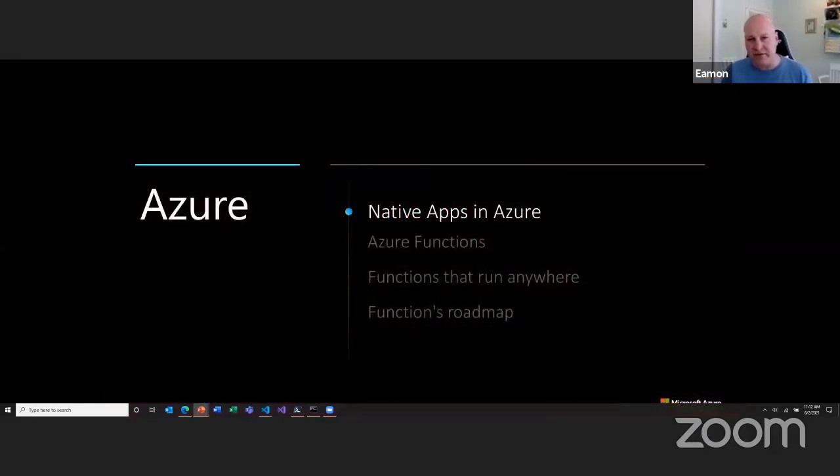So those are the four areas I'm going to talk about today. One is a high level look at how you build apps in Azure to give you the different capabilities. A lot of you might be familiar with these, but I want to give an overview of what is capable, so you have an understanding of where functions and some of the serverless capabilities fit in the overall Azure ecosystem.